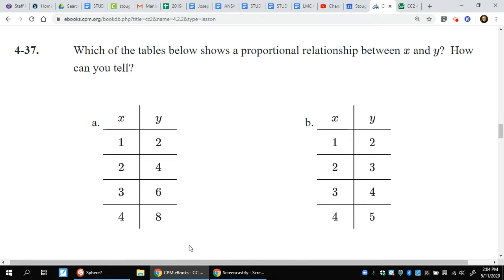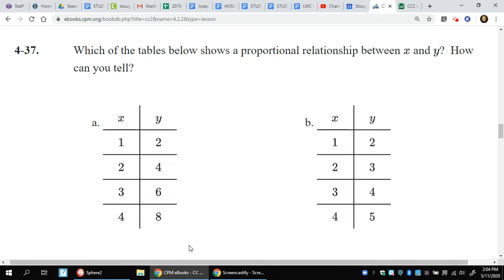For the second one, 2X gives me what I get for Y. Multiply X times 3, and I get 6. So I have a multiplicative relationship. I put something into X, I multiply it by a number, which in this case is 2, and